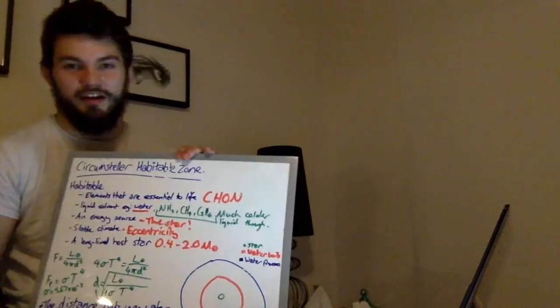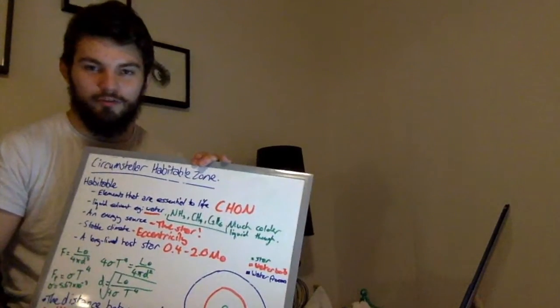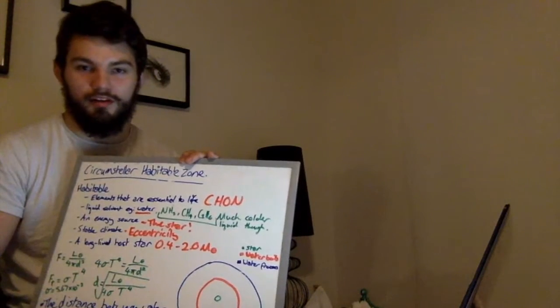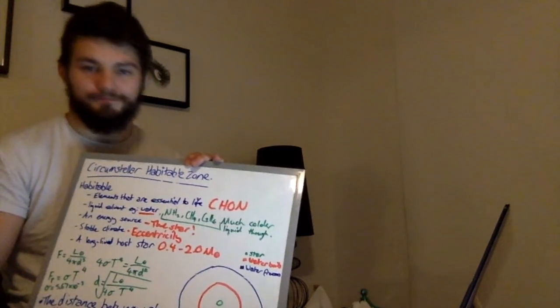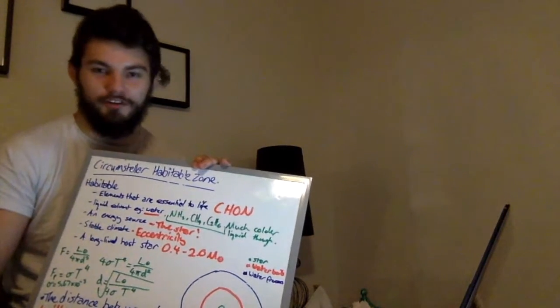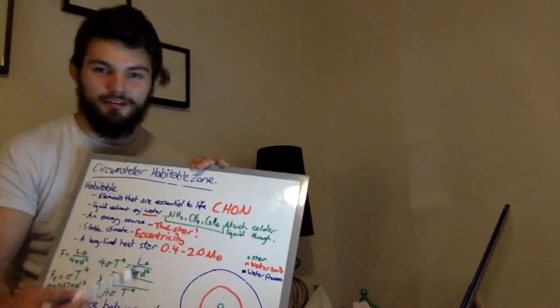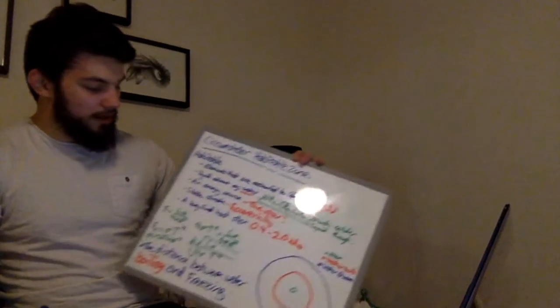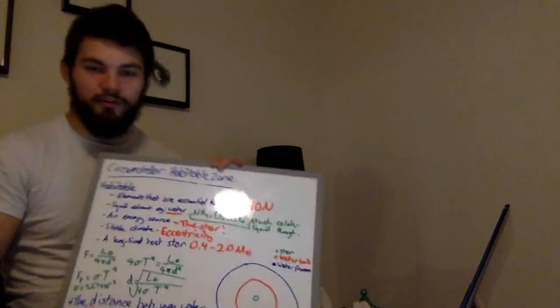We'll have an ice age and back to normal in a matter of however long the planet orbits the star. So it could be 50 years, as an example, like 50 Earth years. But in that 50 years, it's going to go through such a drastic change that life will never be realistically supportable. So, based on this information,